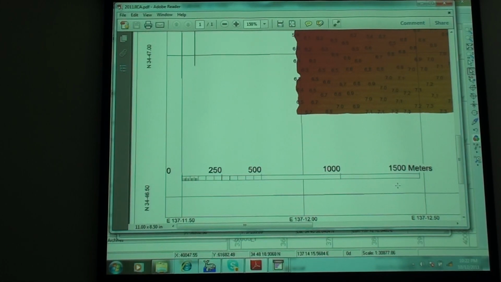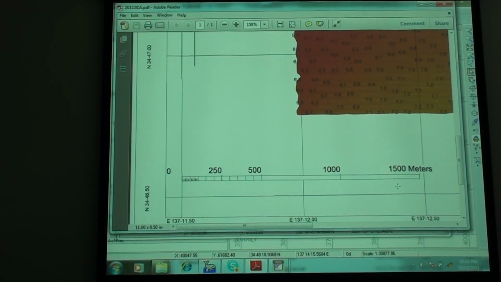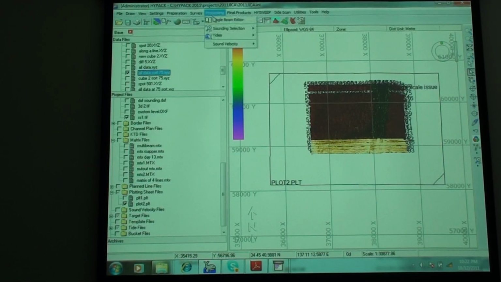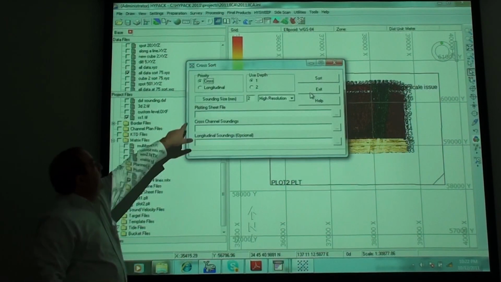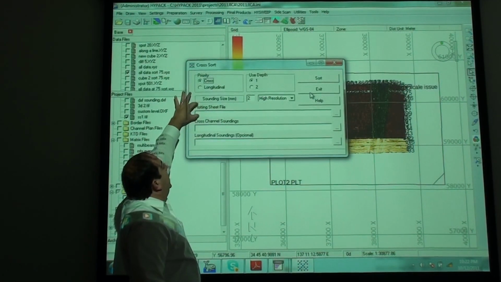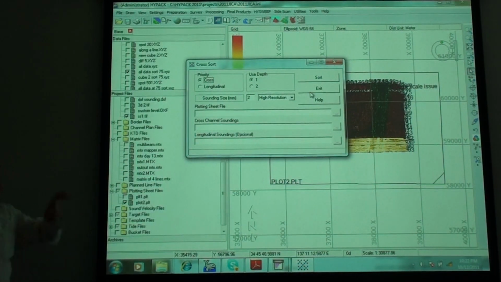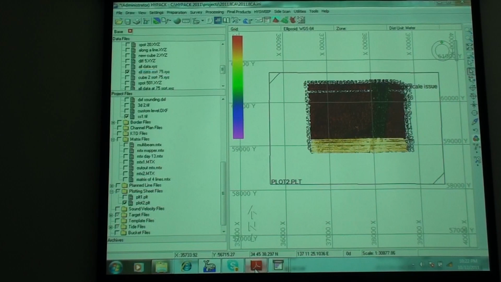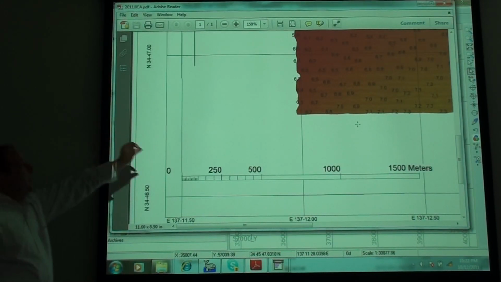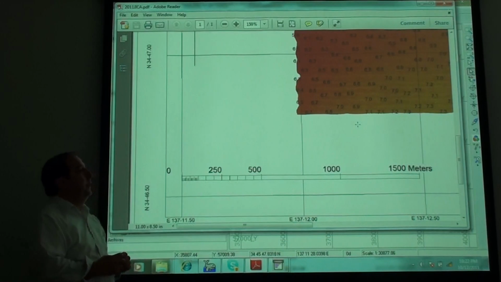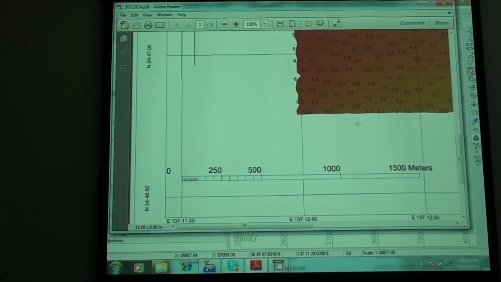There's no way that I know, and I tried last night, to say, okay, here's my scale sheet, automatically define the text type. Fortunately, there's a program called Cross Sort, but it's a single beam editor. You give it the sounding size in millimeters and your plotting sheet, and it automatically puts the soundings in. But that only works with single beam data or edited files, so we don't have that advantage. So the only way to do it is to come up with a plotting sheet, print it out, and measure the height on that A4 sheet. If it's right, we're going to keep it. If it's not,